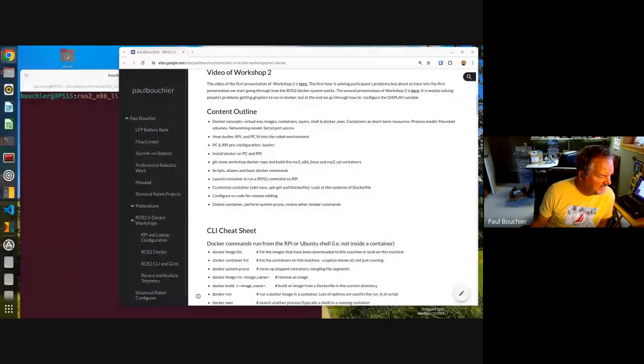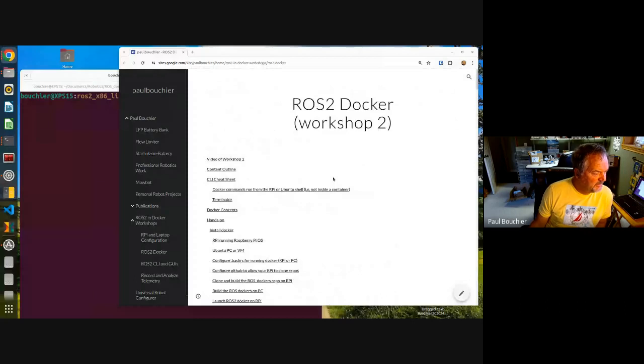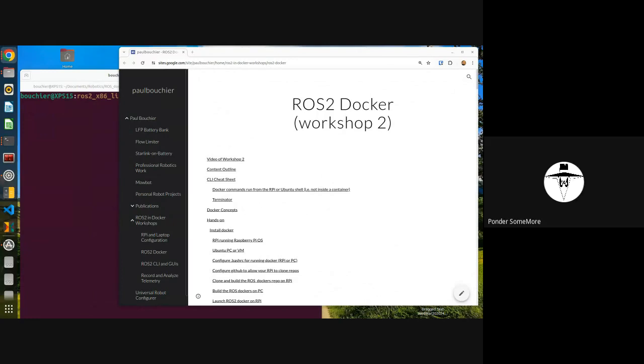I'm going to share out my screen, and you should be seeing the ROS2 Docker workshop and a terminal window. Yep. Okay, so